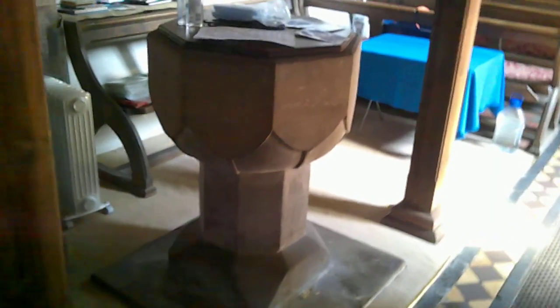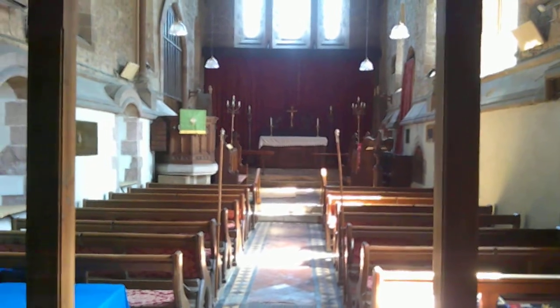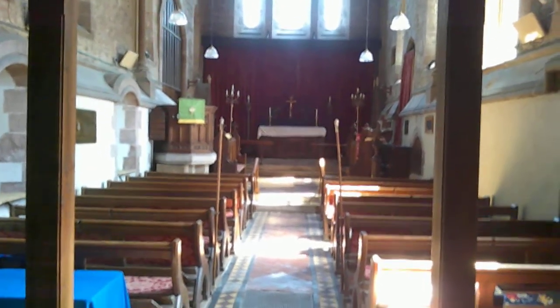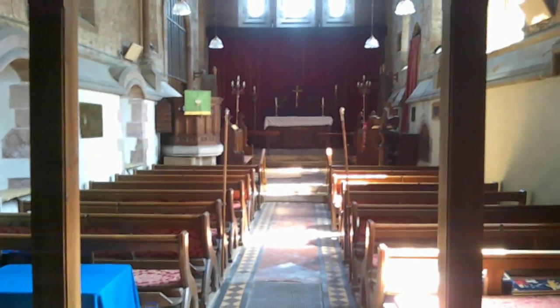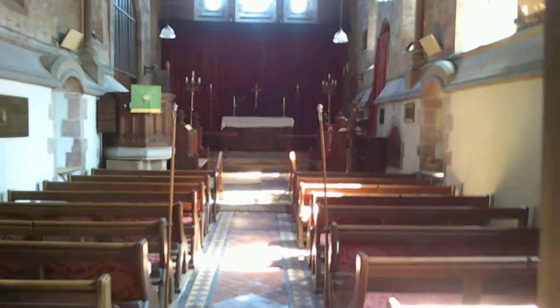Here we are, there's the font, which is a rather nice, fairly plain example. This is the poor box. All Anglican churches had them at some point, because one of the functions of the church was to provide relief for the poor. And you can see that it's a building that's been very largely altered in the 19th century. The seating, the pulpit, all the woodwork is of that date. And as we move forward,